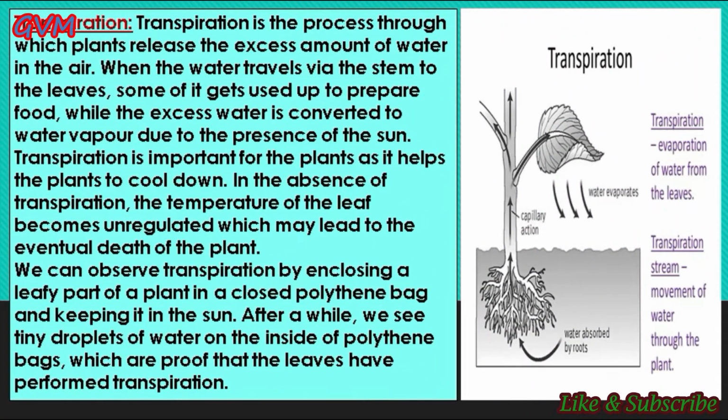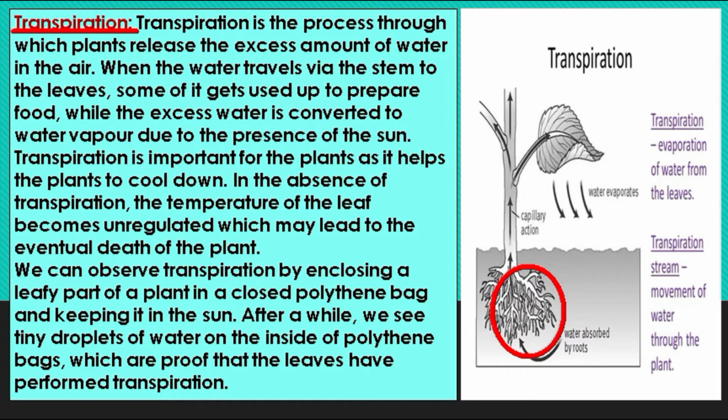Now students, the first topic is transpiration. Students, transpiration is the loss of water from a plant in the form of water vapor. As we already discussed in the first part of this chapter, the roots of the plant absorb water and minerals, and from here the stem absorbs the water and minerals and transports them to each and every part